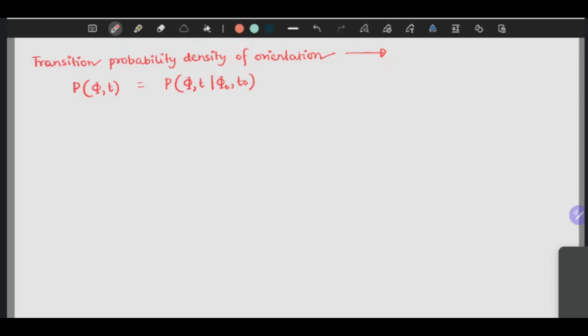So that is the probability, and since this is simple Brownian motion in orientational degrees of freedom,